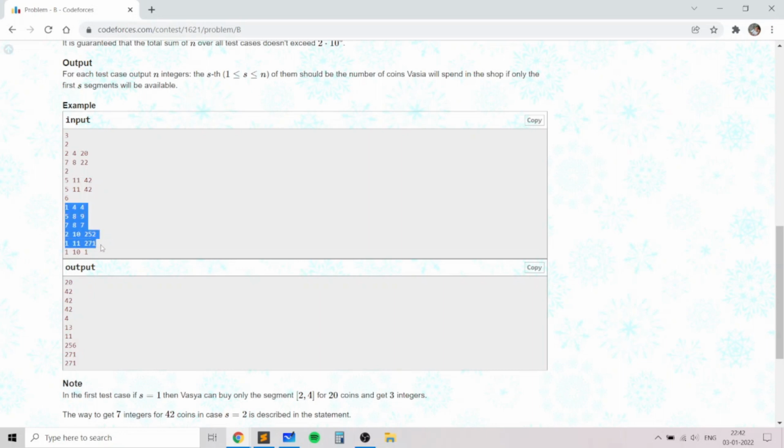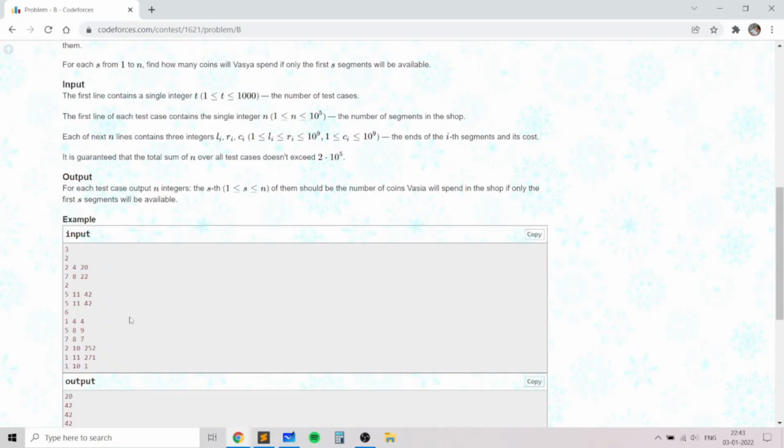Then if we look at the first five segments, we obviously need 1 and we need 11. So in this case, just choosing 271 only works, because it contains 1 and it contains 11. So that's why 271 would be the output. And in the last example, again 271 only would be the output, because it contains the minimum element and the maximum element, and it has the minimum cost of 271, and that's why the output is as follows.